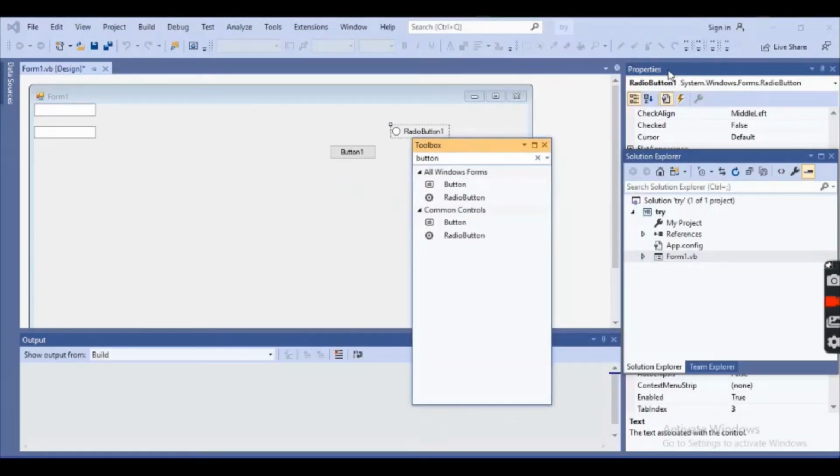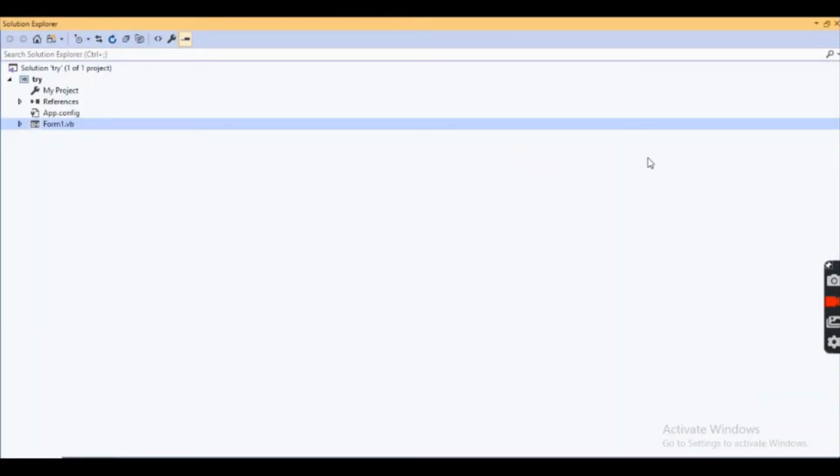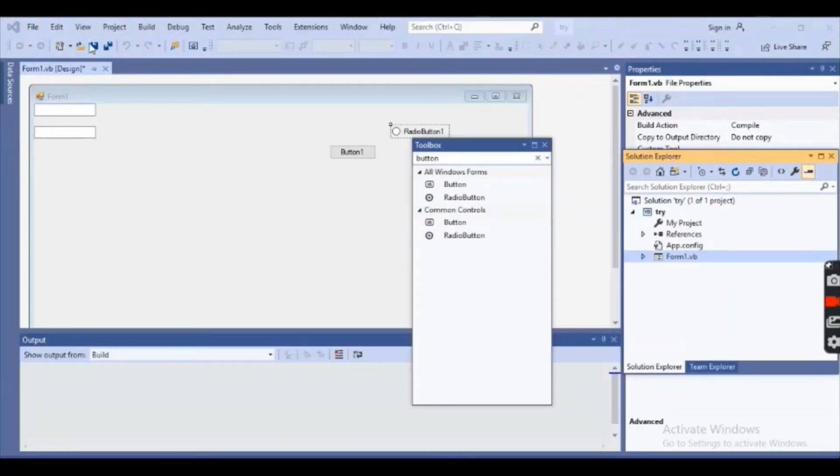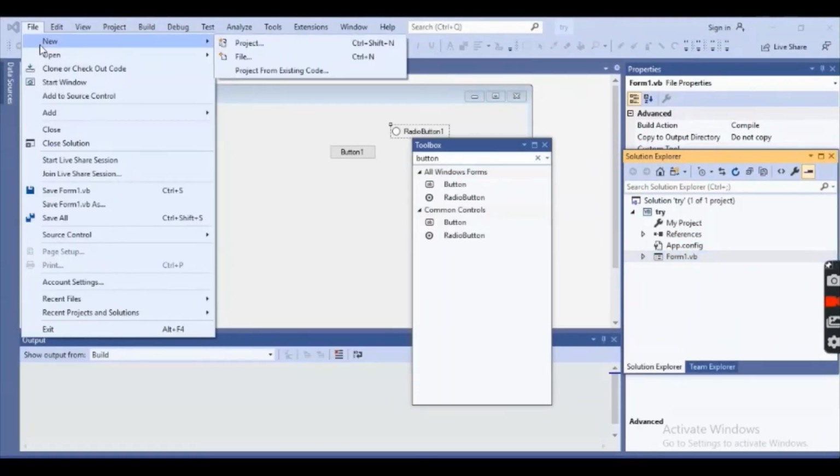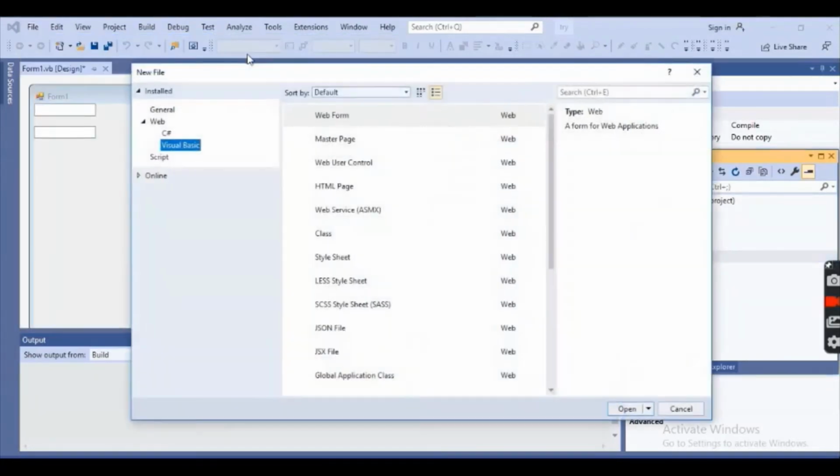And here you have the Properties window and Solution Explorer, where you can see all the files in your solution. Plus, if I go to File, New Project, you can create a new project or add a new file. For example, I want to create in Visual Basic, though C# options are also available.